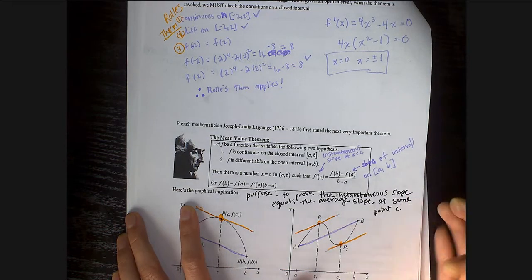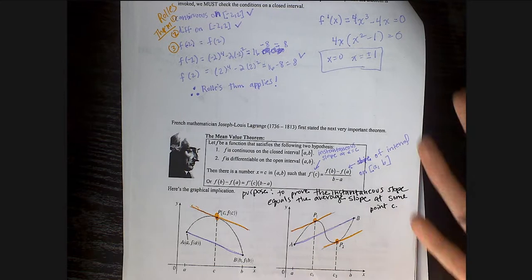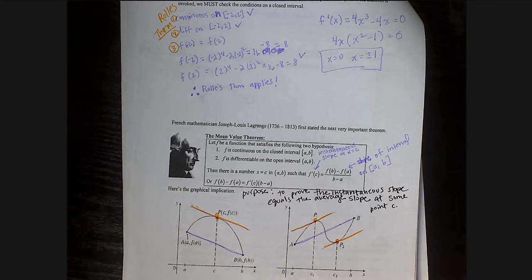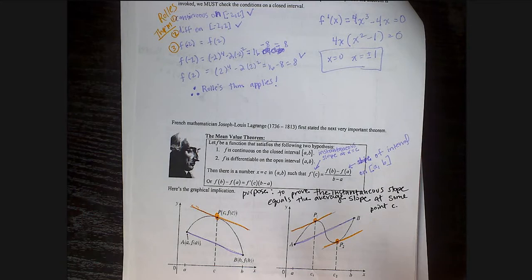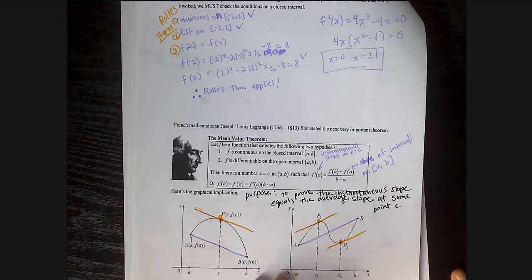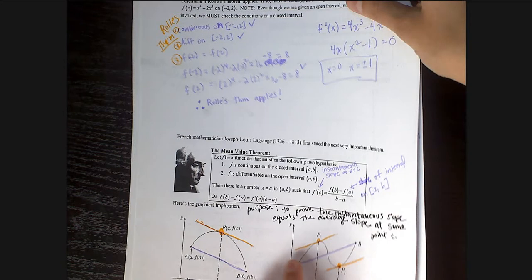So this is where you'll have to use the mean value theorem when you're asked to prove that there's a specific value for the slope. So then you can find the average slope at a certain point and prove that at some point it will equal that. And then there's one last one